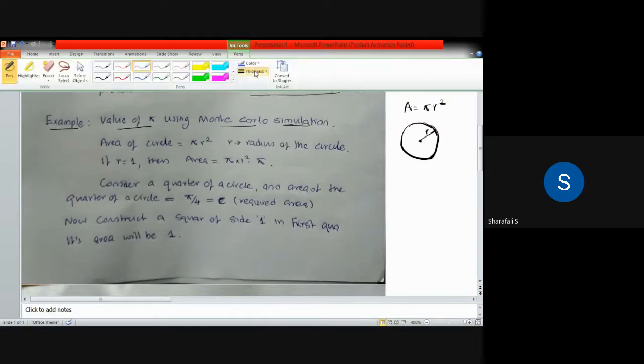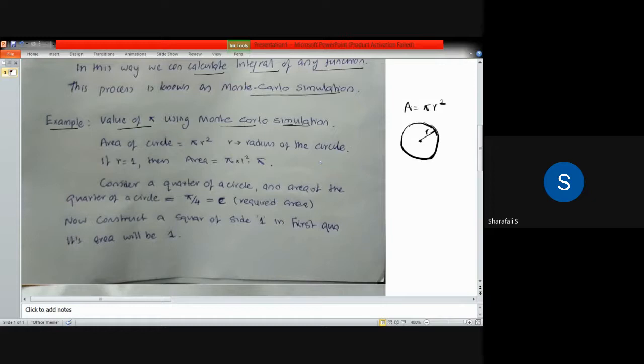circle quadrant, consider a quarter of a circle. So this quarter is considered, which means that if we consider the first quadrant, let us consider the circle like this. So this is your y-axis, this is your x-axis, and this is the origin. So if you consider only this region,